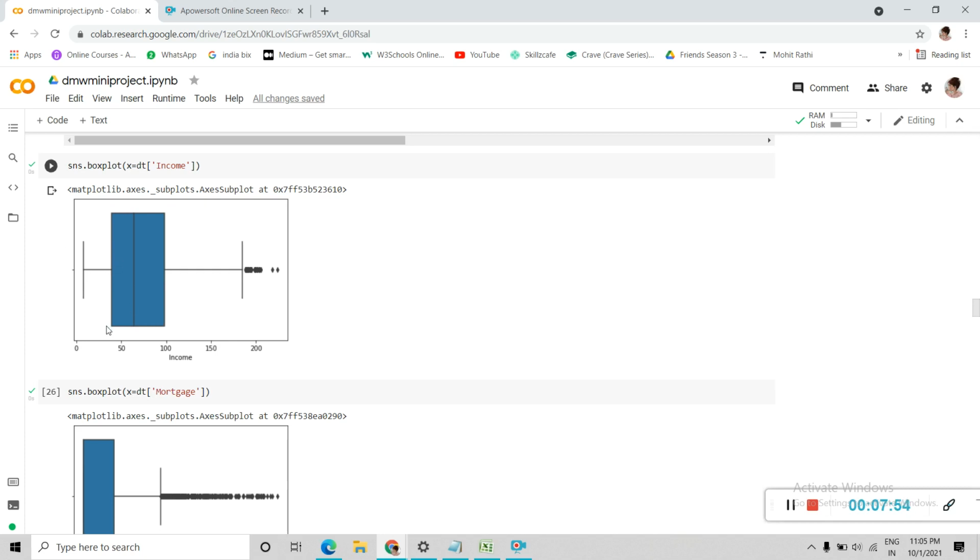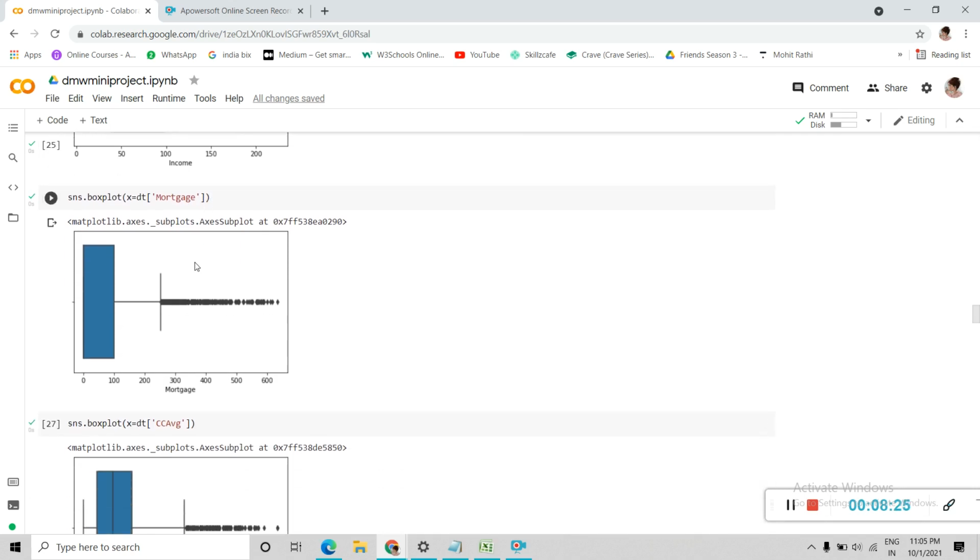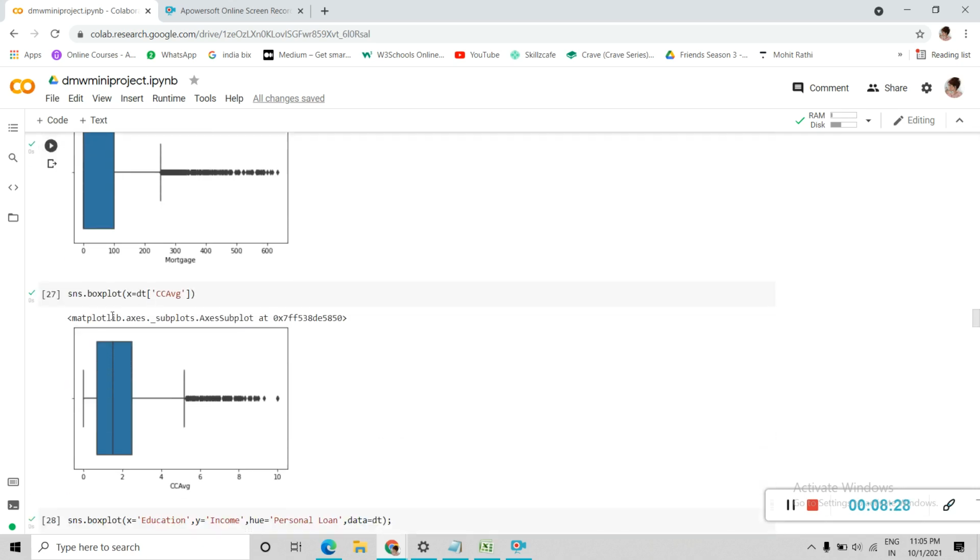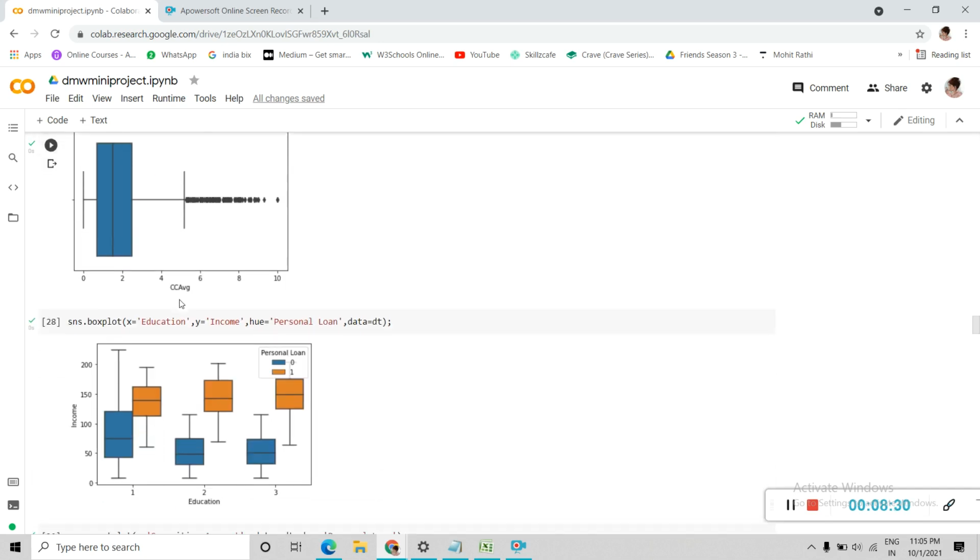Q1 depicts that around 25% of people have an income in this range, Q2 depicts that around 50% of the people have an income in this range, while Q3 depicts that around 75% of people have an income in this range, that is from 0 to 100, and the rest of them have an income up to this range. Similarly, we have a box plot for mortgage and a box plot for CC average.